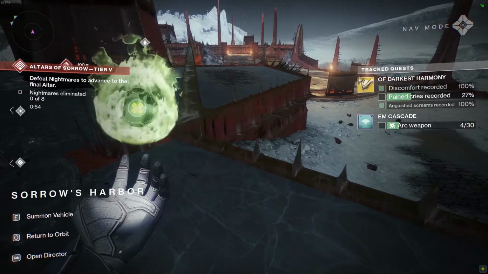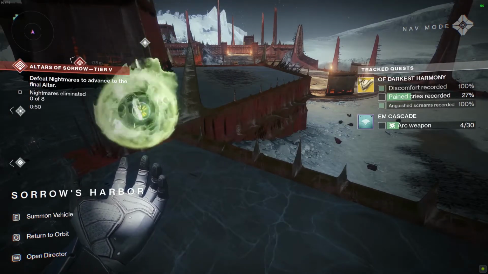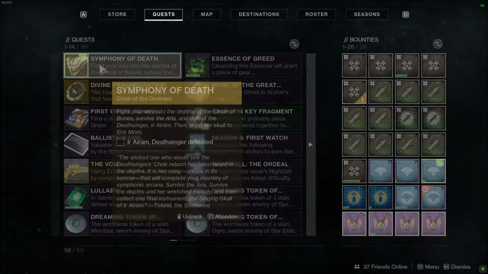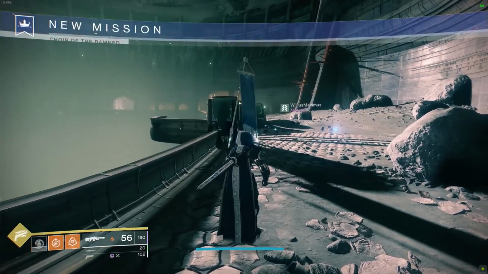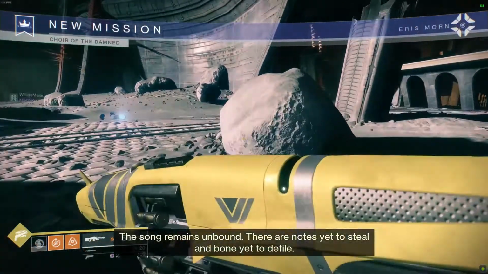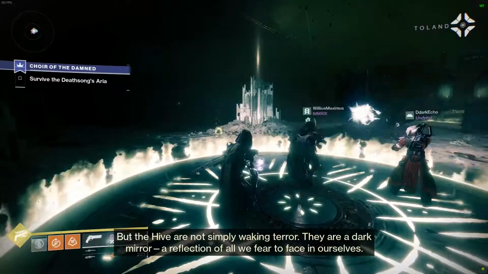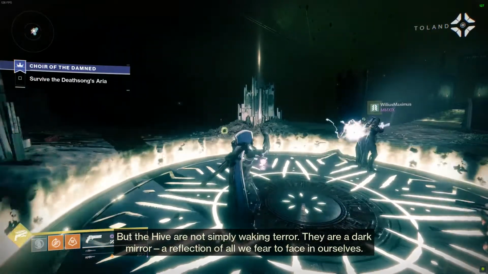So keep that in mind. Once you complete this, you go on to the next step, which will be to head into the catacombs of the Circle of Bones and defeat a specific hive wizard to get her skull. Now all you have to do is, again, go back to the Circle of Bones the way we showed you, the quick way or the way you want to go, and enter the catacombs, which will be on the far